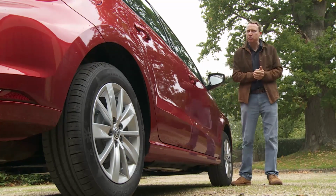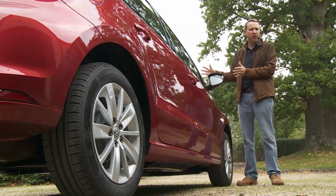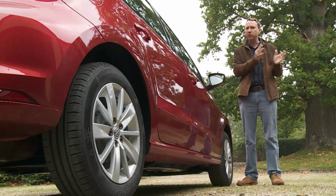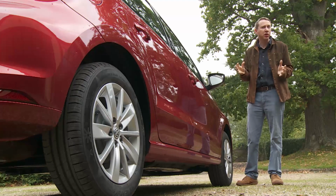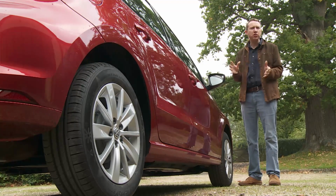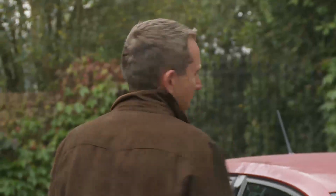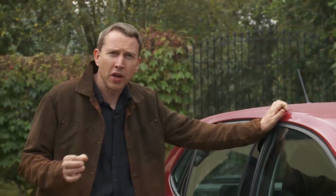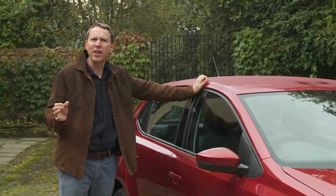Now, the thinking here is based around the fact that most traffic accidents are multiple collision affairs involving a second impact after the original collision. Which is why, should your Polo be involved in a crash, it will automatically brake itself to minimise the likelihood of you going on to hit something else. Clever. If you want to go further, you can get an affordably priced extra cost package, offering all the latest